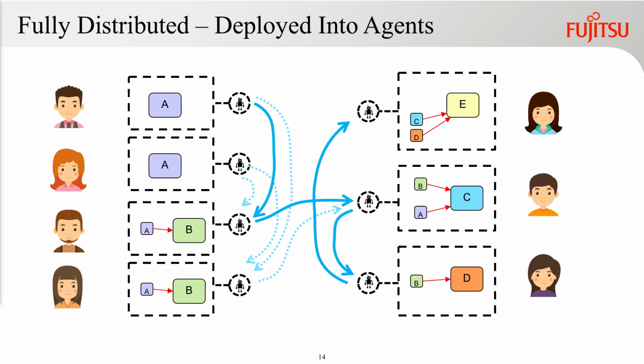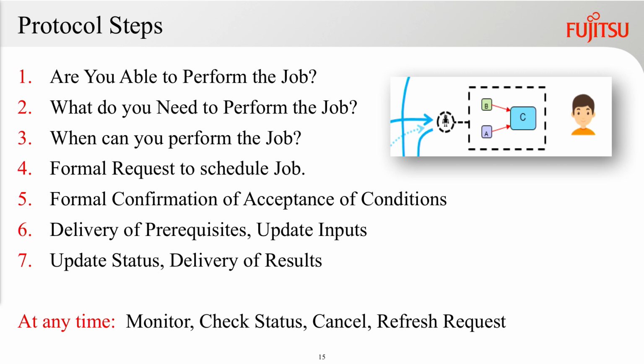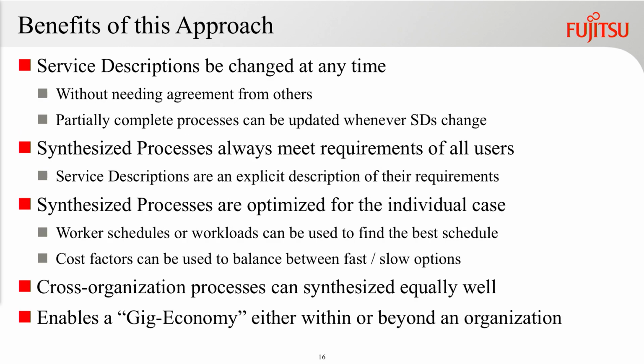We can also deploy this through a set of distributed agents, and the agents talk to each other over a protocol, and they basically work out what the optimized process is that goes through the organization. The protocol involves these 7 steps, and the only thing to take away from this is that you don't resolve the whole process and then execute it, but actually the process is being resolved while you're executing the first few steps of the process. It figures out what the rest of the process is going to be, and it could be affected by the beginning.